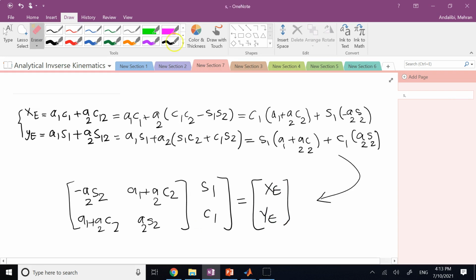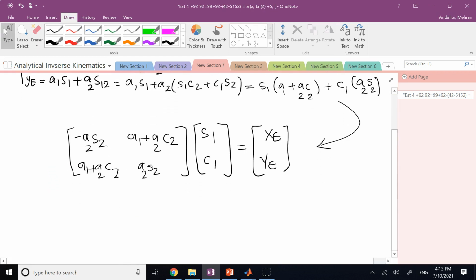Okay, and if you here try to solve it for S1 and C1, then it is going to give each one of them as a function of S2 and C2 and XE and YE. What you need is to invert this guy, and then multiply the inverse of that by this guy. That will give you sine 1 and cosine 1 in terms of angle 2. So if I do that one for you here,